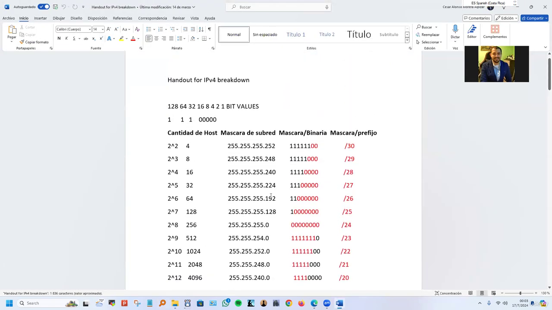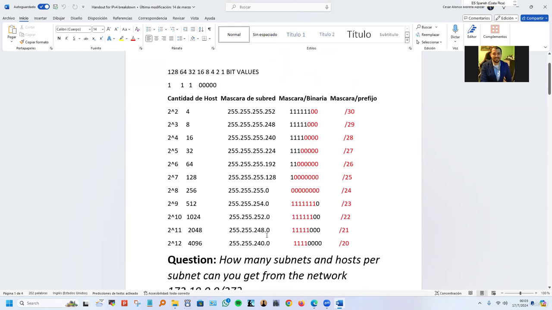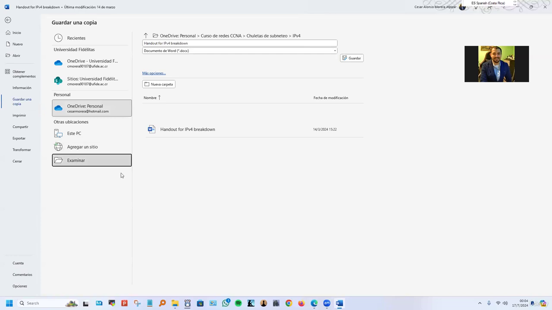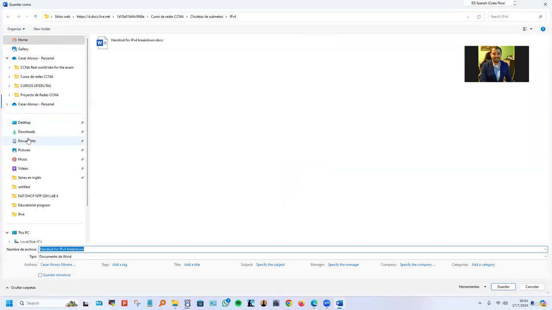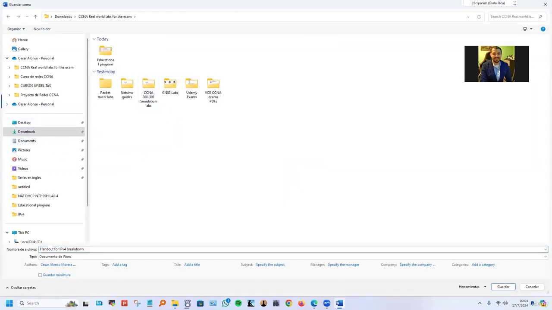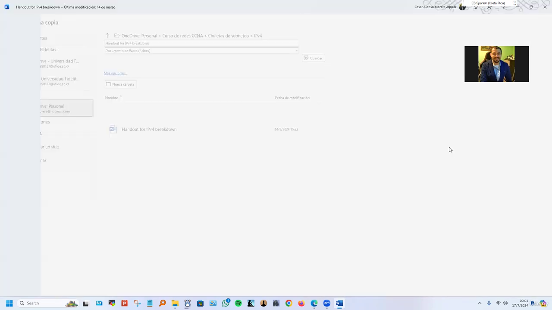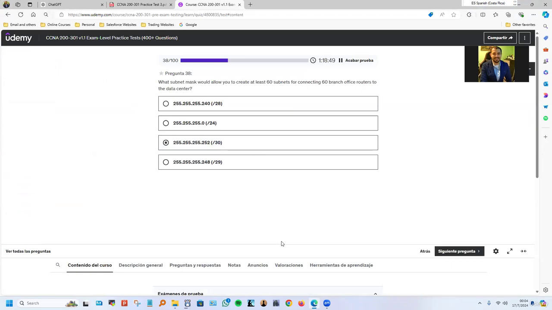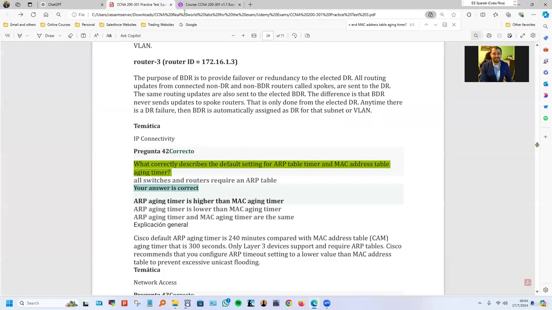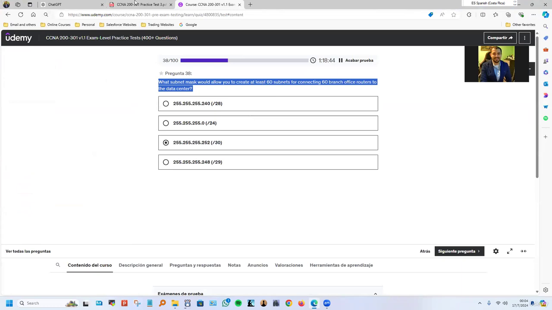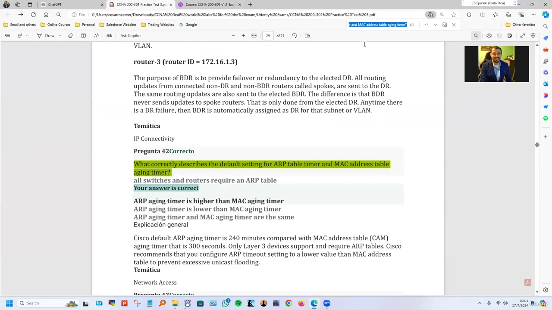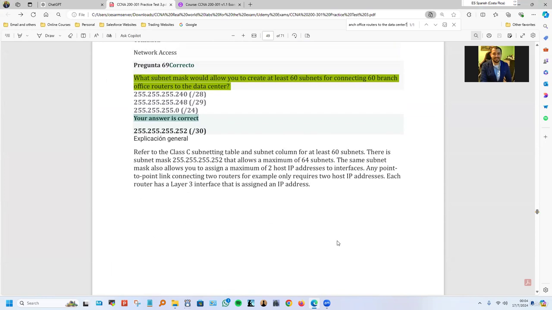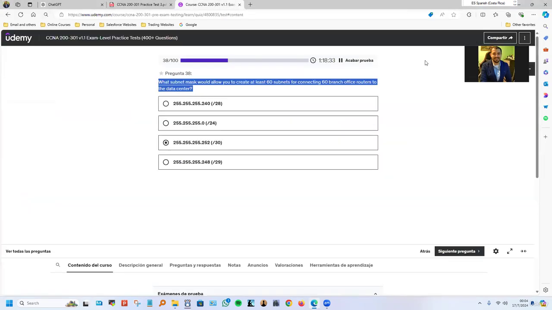So we need... it doesn't really say. I'm just going to look for the answer and find the explanation. But I will share these documents with you guys later. Okay, I'm just going to guess with the /30 for now and look for the explanation on this one. We need to understand subnetting fully to get these kinds of questions. It's actually /30, I got it correctly. Probably I remember it was that one at some point